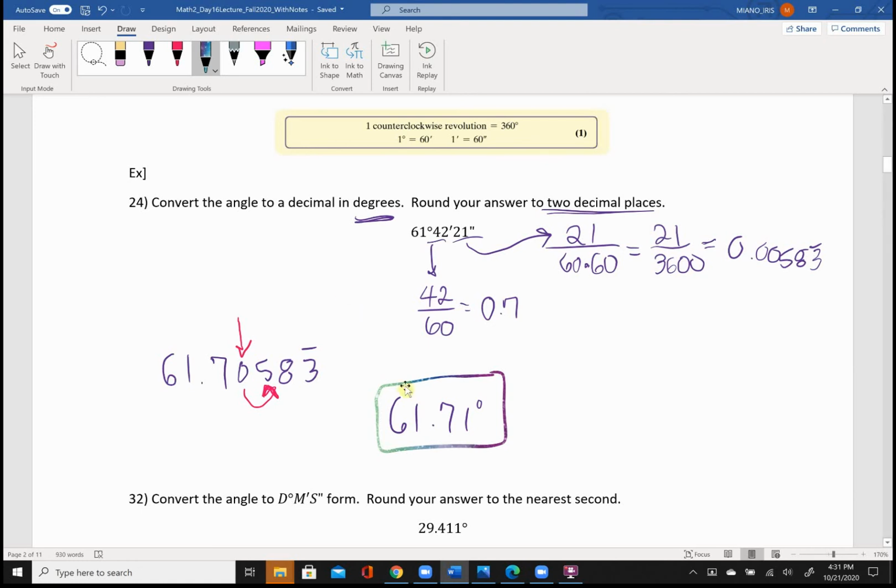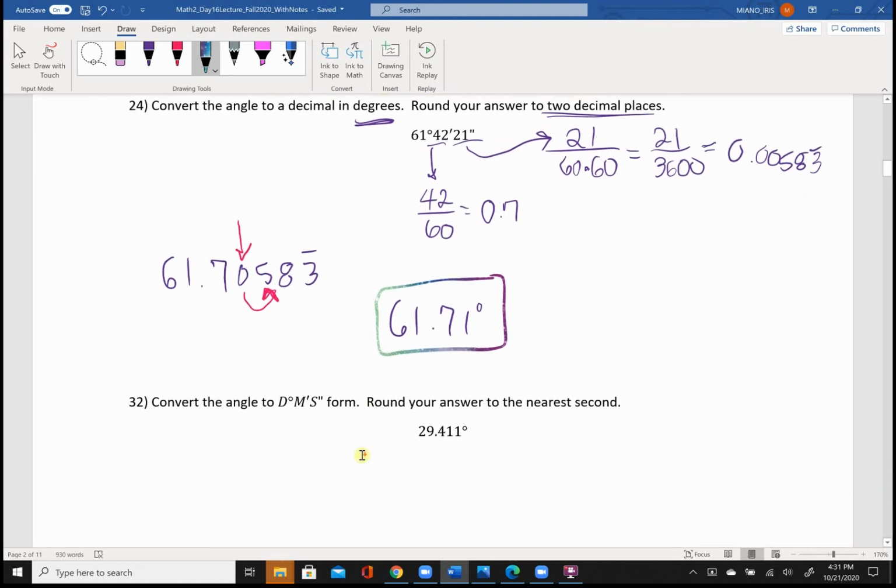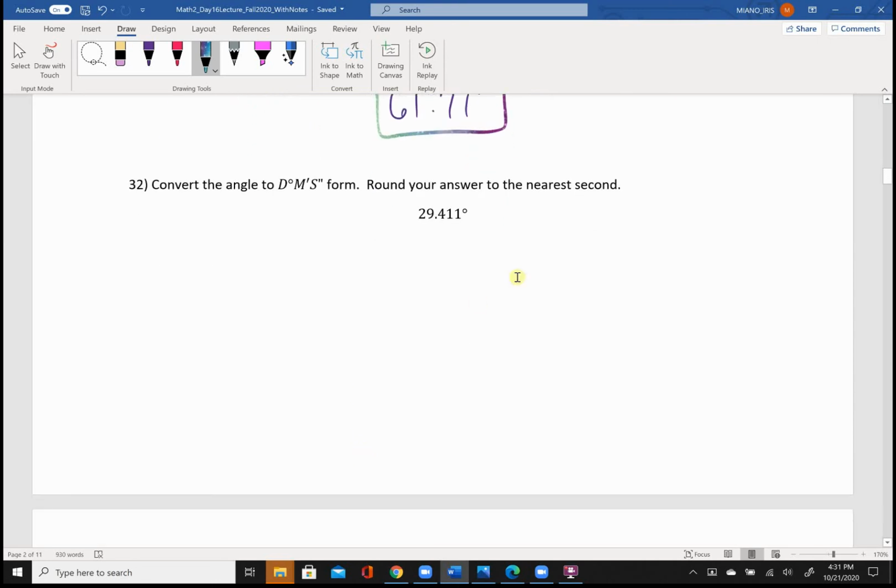Okay, now let's go the other way with it. And how would you do that? Yikes. So again, we are given something in degrees with a decimal, and we want to go into degrees, minutes, seconds form. And we're going to round our answer to the nearest second. So here we go. Yes, let's take that,